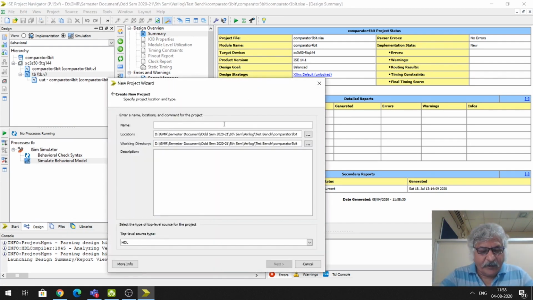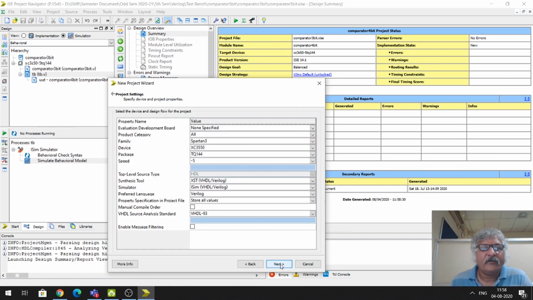I will give the name to my project as and underscore logic. Then you click the next option. Now in this option, you have to select the target device in which we are going to implement the logic we are creating.